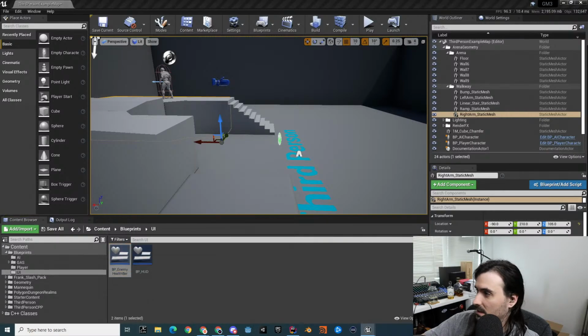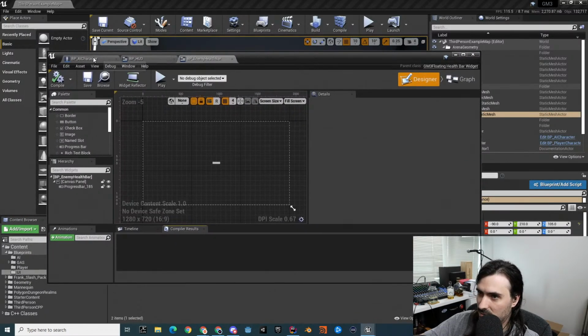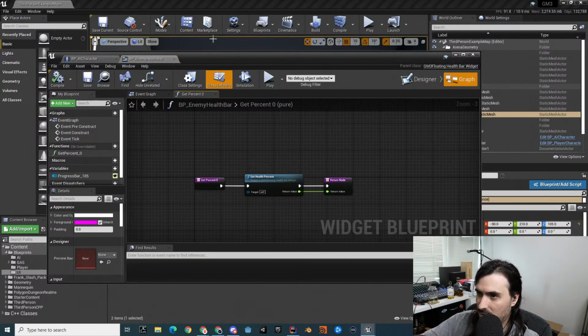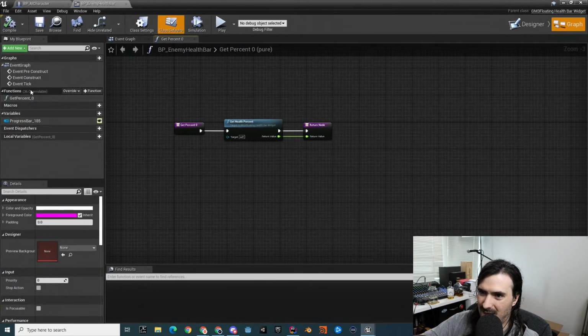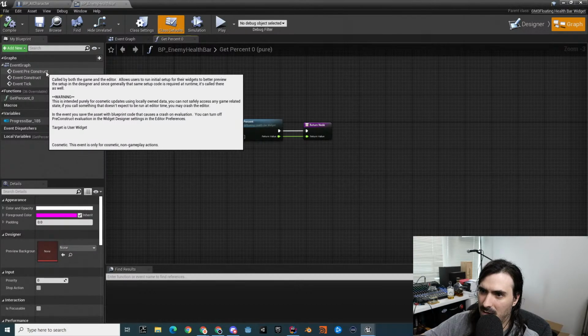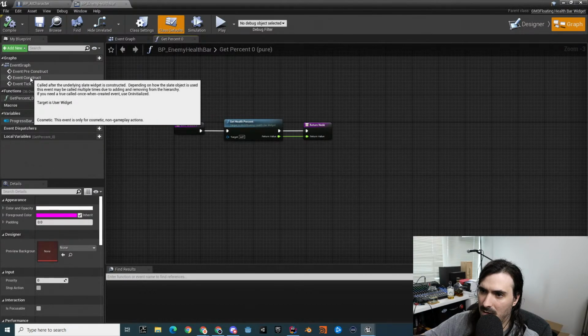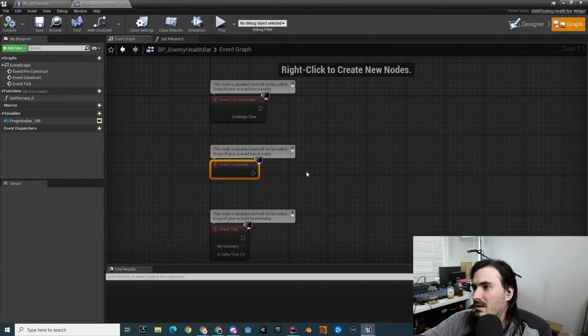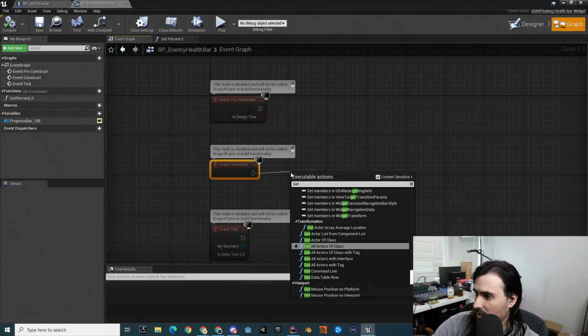Not that one, this one here. Maybe this here will be the trick. We'll go to the graph here, and then can this even work? Get